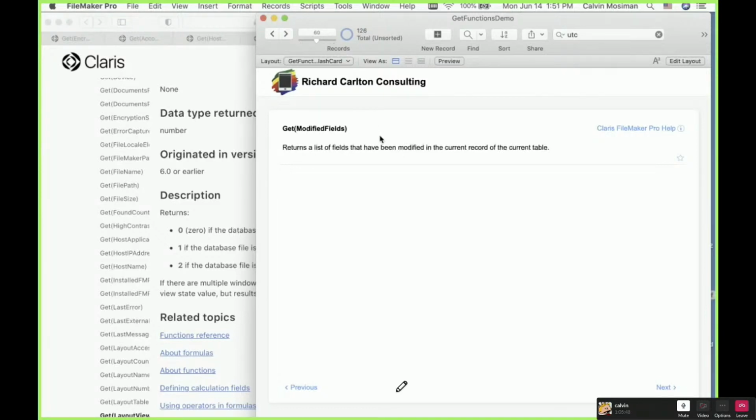Modified fields returns a list of fields that have been modified in the current record of the current table. So that's a list of modified fields in the current record. They're the fields that you've edited. So you're tabbing between fields, and you're editing and editing and editing,